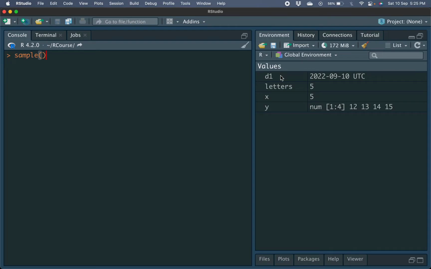So if from a vector, let's say I have sample from y and I want 2, the first time it picked up 12, the second time it picked up 14. But this is selecting values. This is not repeating anything. This is repeating the action of selecting values, but sometimes you want to repeat the values themselves. So for example,